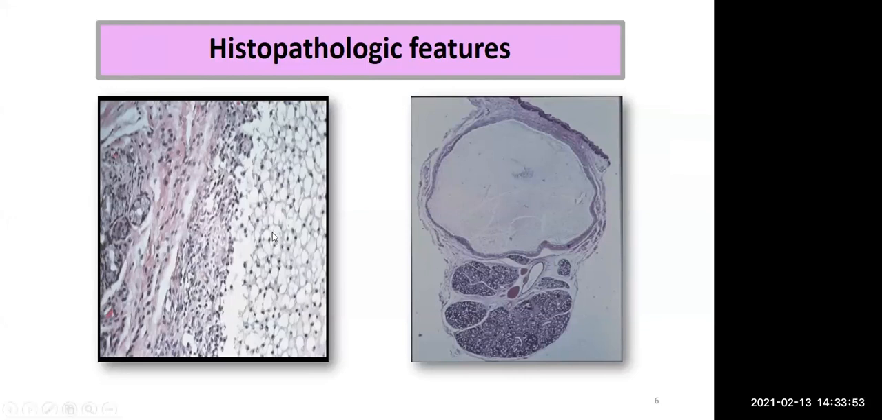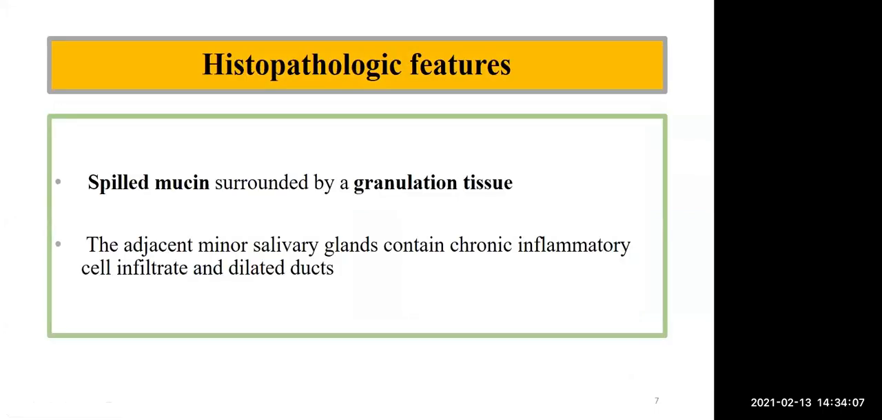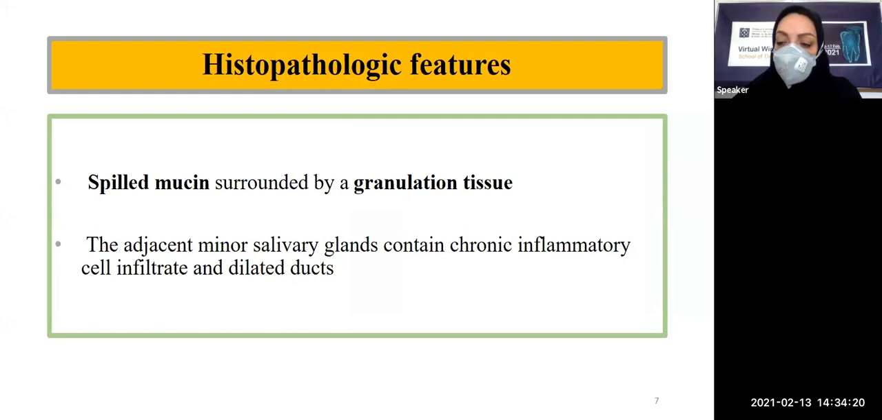In the left picture, you can see the secreted material and also a granulation tissue that surrounds the lesion. So briefly, you can see an area of spilled mucin surrounded by a granulation tissue and also an inflammation and foamy macrophages, which are going to phagocytose the extra mucin. So I want to ask you,